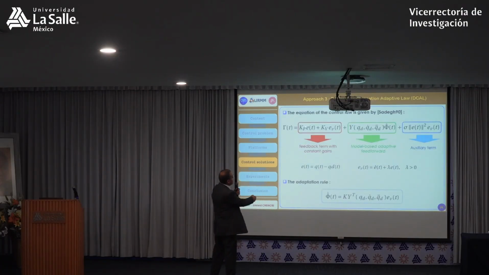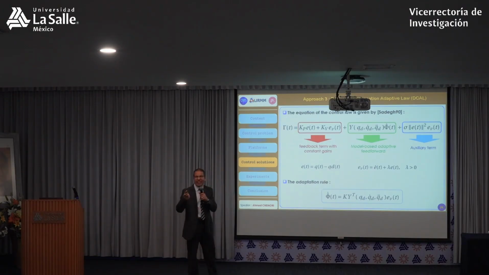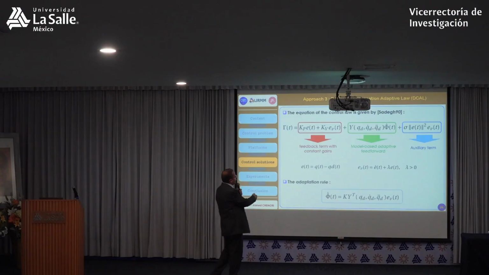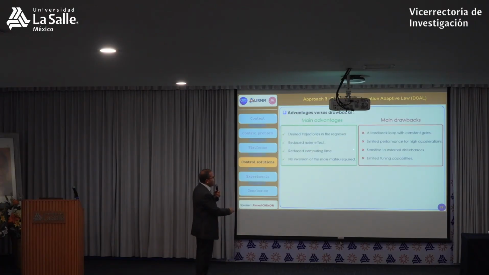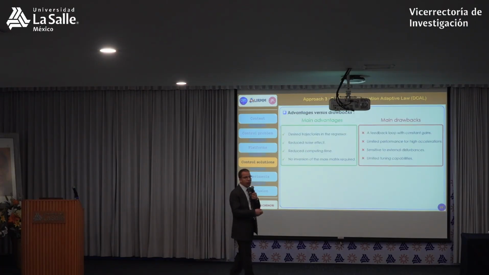It means that here Kp and Kv, or Kp and Kd, are constant. And this is a drawback. It's better to design gains that vary, time-varying gains. Limited performance for high accelerations. Remember that you want to go towards very high accelerations, and the performance may be limited